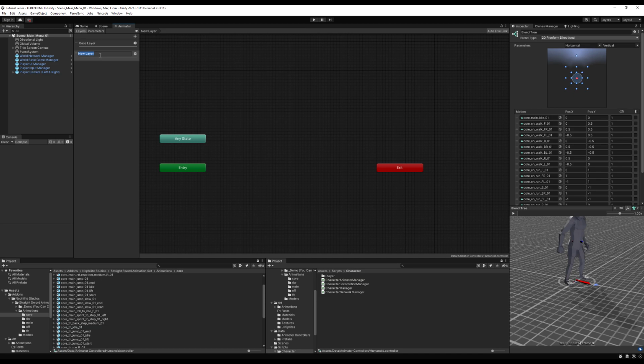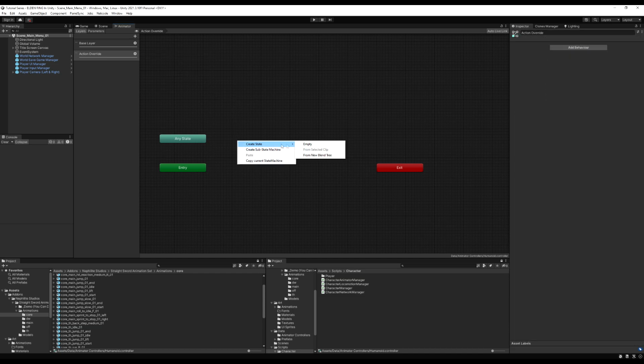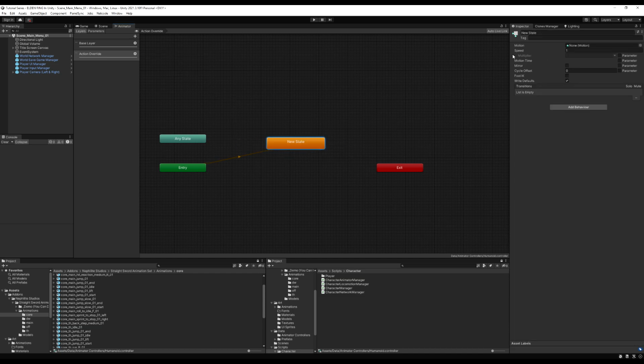I'm going to call this action override. What is this? Well, as it suggests, it's going to override the locomotion layer. So let's click this cog icon, put the weight up to 1. That's very important. This means it completely overrides anything that's above it. Let's make an empty state. It's also important that it goes below the base layer and not above it. It needs to be on the bottom, so it overrides everything above.